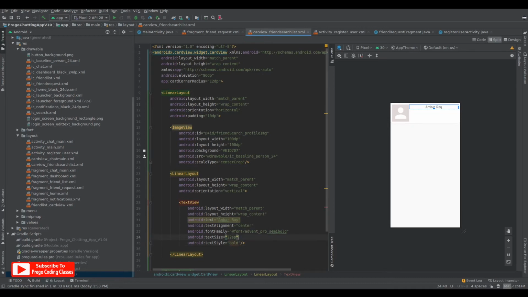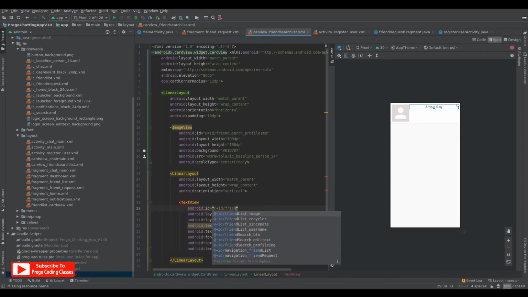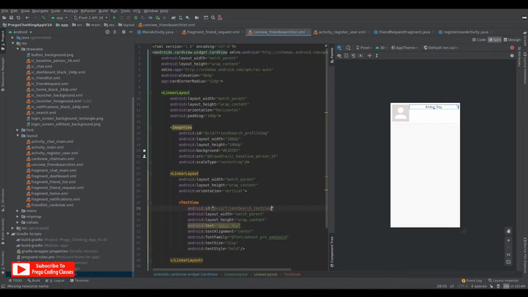That's it. Now we'll give it an ID of friend search text view,